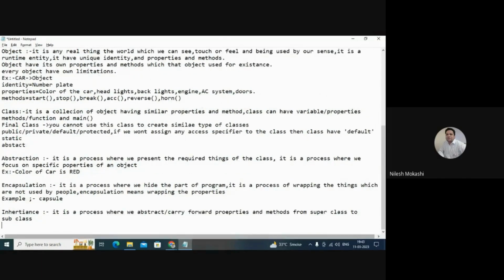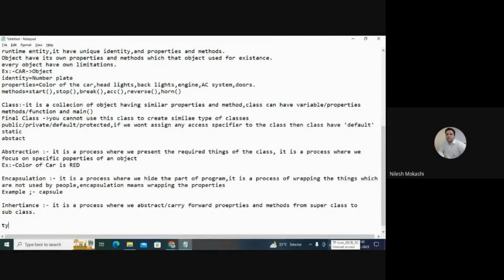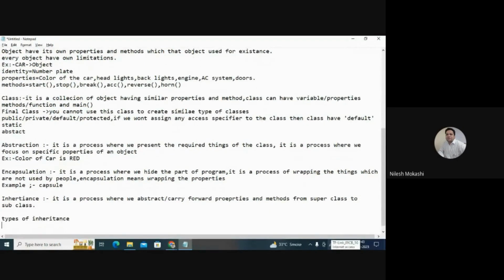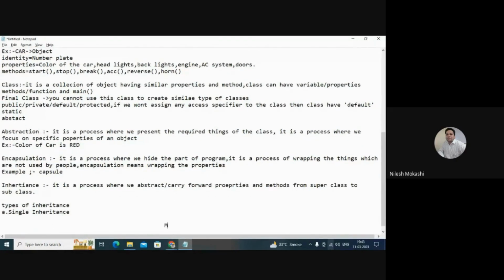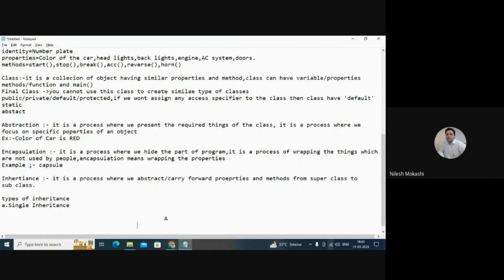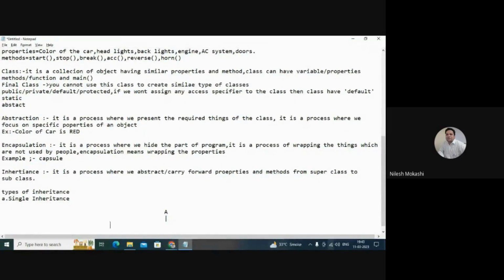We have different types of inheritance, so I will write them down. The first type is single inheritance, meaning one class, one subclass. So you can have something like A to B. A to B is an example of single inheritance.